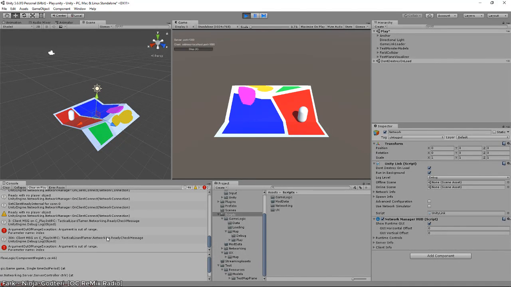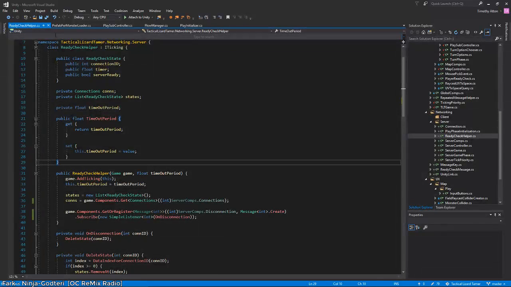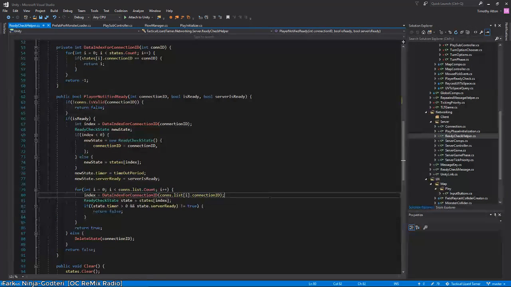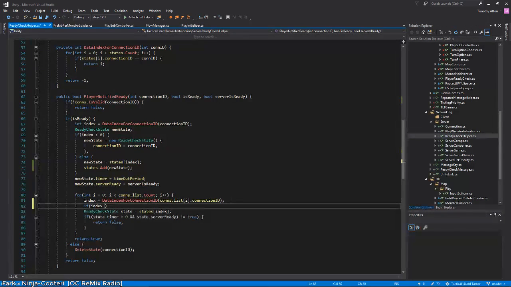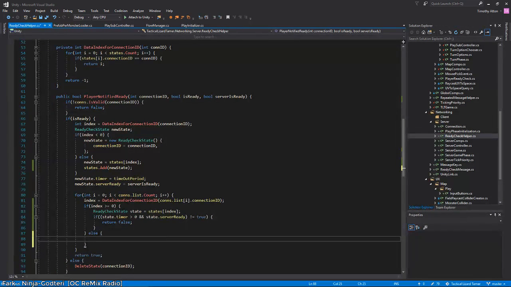We did have another error. Oops. Let's see, where is this? Oh, it doesn't take me to it. Networking server ready check helper 81. Oh, this is just full of bugs, isn't it? Oh, of course, I need to check to make sure the index is not null. Oh, and then also I need to add any new stage that we create right here. x is greater than or equal to 0. Yeah, so I also need to return false right here. I wish I could condense that somehow, but